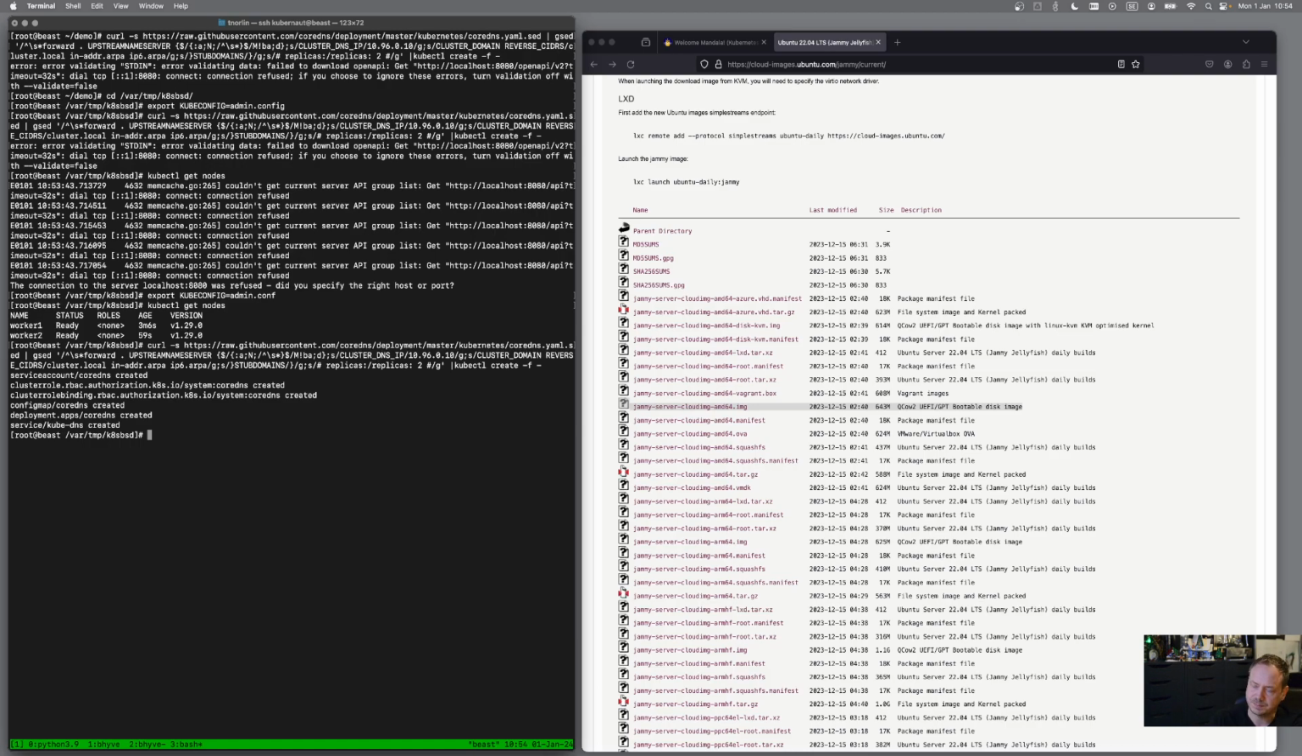So let's see now. Well, it went to running, but only the deployment is in the state running. It won't probably be ready as the pods don't have all necessary communication between the nodes. So